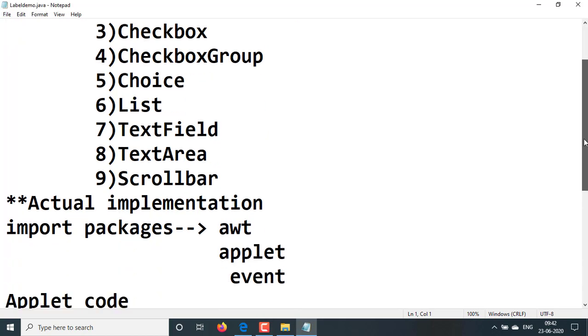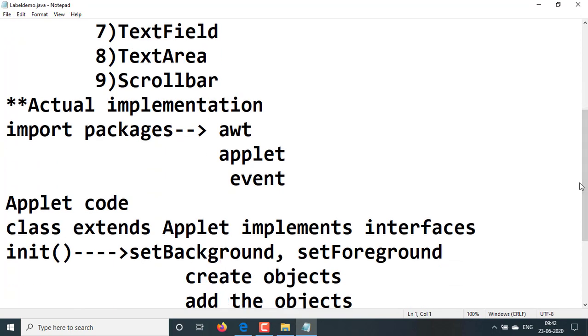First of all, import the packages. In the template design, the first thing is to import the packages like the AWT package, applet package, and event related package. The AWT package is responsible for graphical user interface elements like label, text field, button, text area. Next we are designing an applet program, and applet lifecycle support is provided in the applet package, so we need to import the applet package.